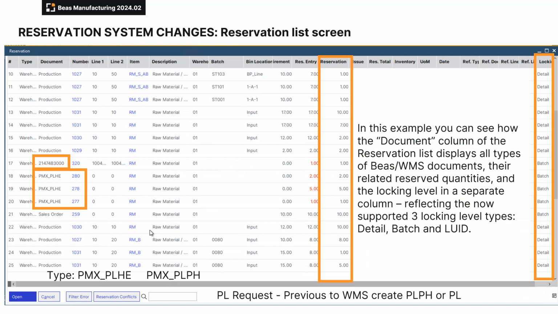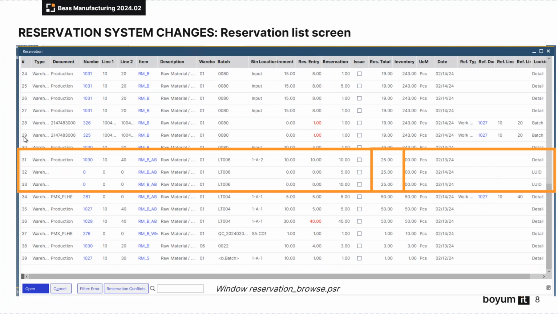In this example, you can see how the document column of the reservation list displays all types of Beas WMS documents, their related reserved quantities, and the locking level in a separate column, reflecting the now supported 3 locking level types. In this example, you can see the total reservation, including all levels, detail, LUID or batch, of this batch in the same warehouse. You can see 3 reservations of batch LT006 in warehouse 01, and the total reservation for that